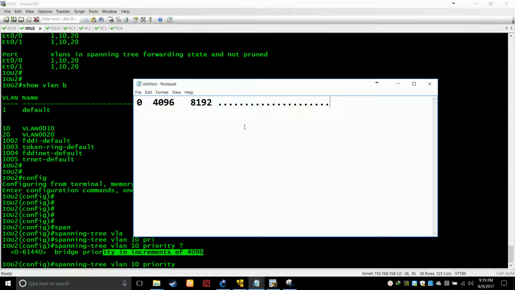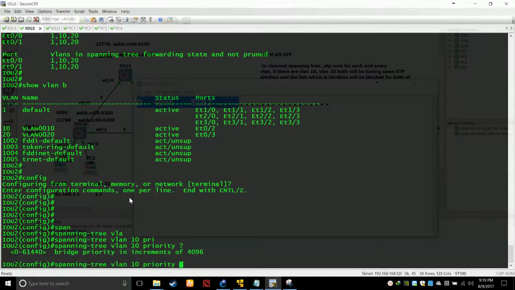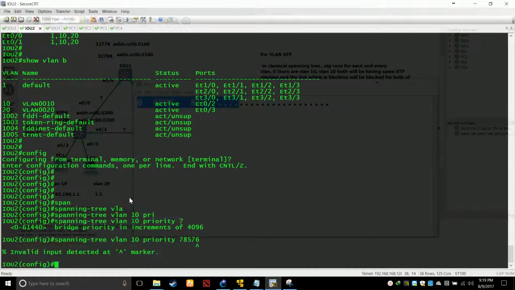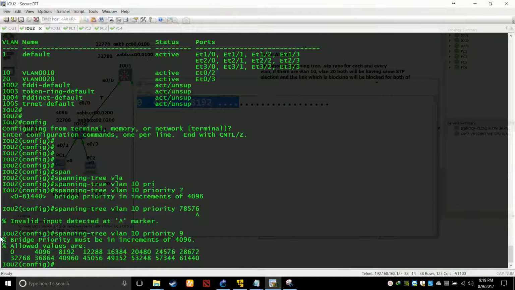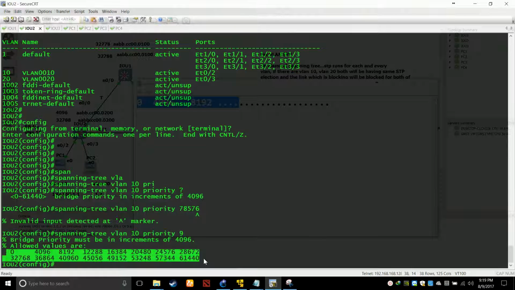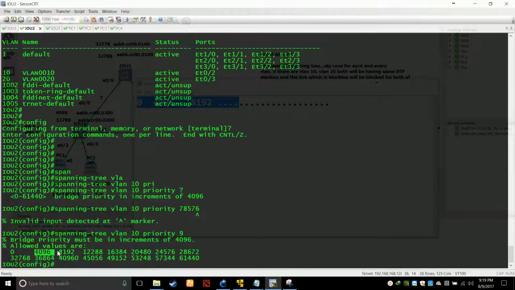And you never have to learn that. Why? Because there's a short trick to that. Just put any value and do a question mark. Just put any value, for example 9, and it will show you all the values. The priority has to be something like this: you can choose 0, you can choose 4096, 8192, and so on, and by default we have 32768.